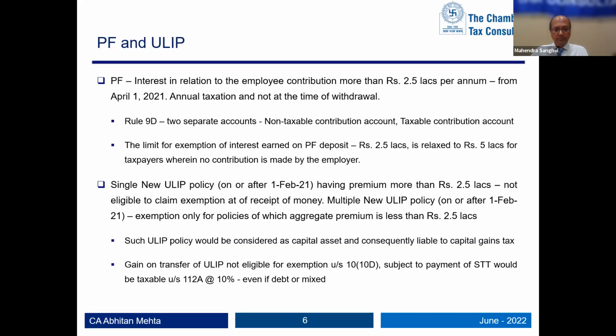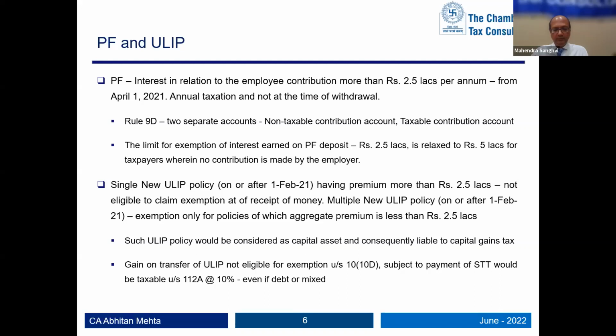So basically, if you have taken 3 policies, you have to see your aggregate, which is the highest. Say one is a 2 lakh policy, one is a 1 lakh policy, and one is a 1.25 lakh policy. If you take the 2 lakh policy, you will get 2 lakh because adding any other policy will cross 2.5. If you take 1 lakh and 1.25 lakh, you will claim 2.25 lakh. But you cannot claim 2.5 lakhs because the aggregate amount you have invested in ULIP is crossing 2.5 lakh.